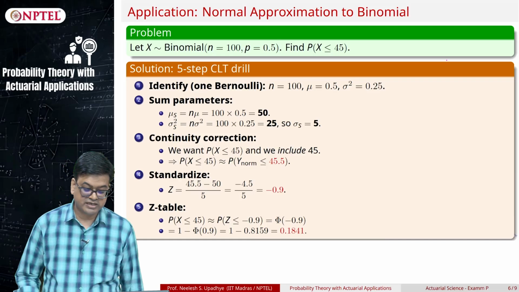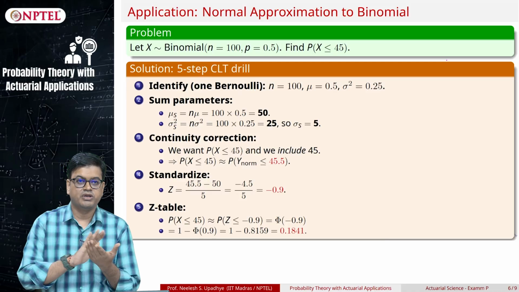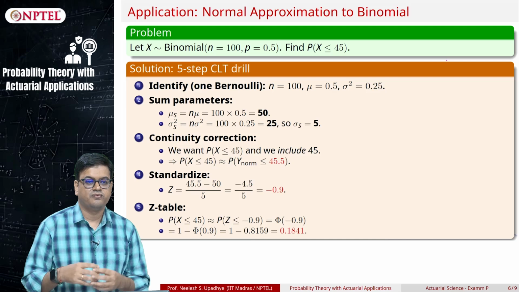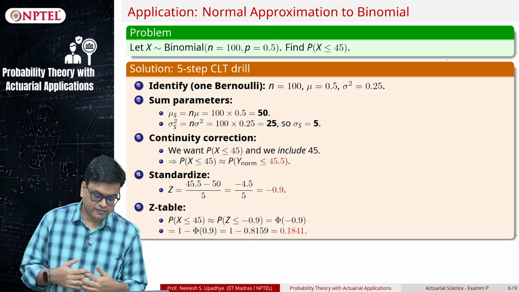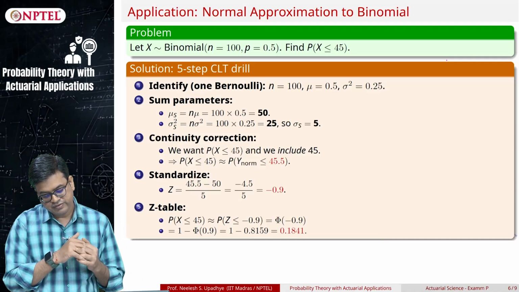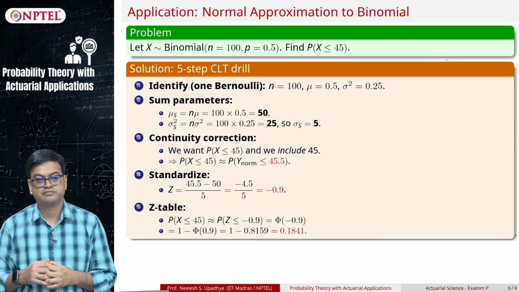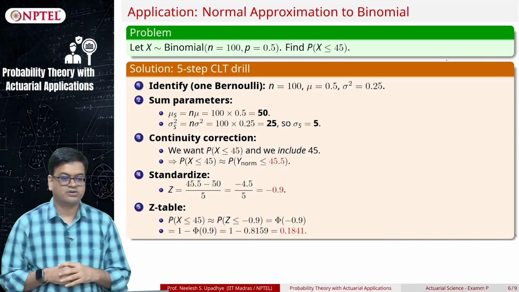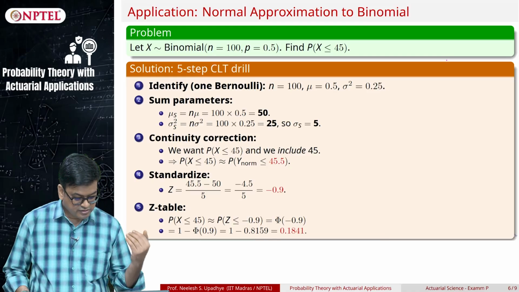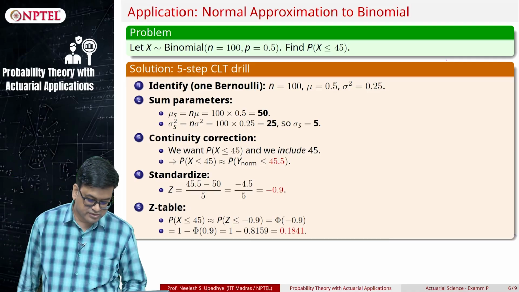As usual, this minus 0.9 will not be visible in the normal table. So, what we will do? We will look at the logical complement of it, which is 1 minus phi of 0.9, and that phi of 0.9 turns out to be from normal table 0.8159, which is equal to 0.1841. Okay. So, I have solved the problem. So, what is the problem now is we have the answer that probability of x less than or equal to 45 is going to be